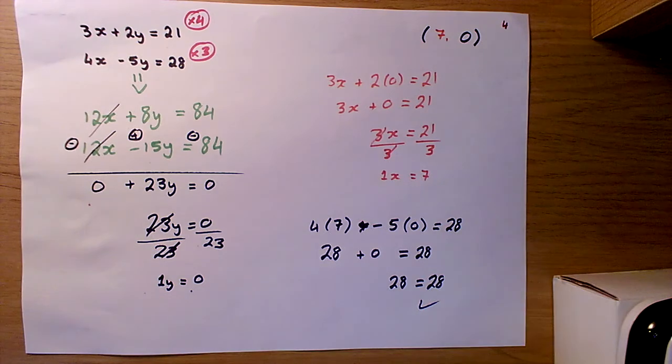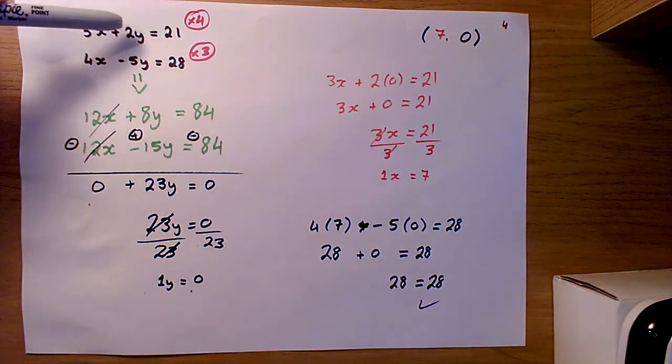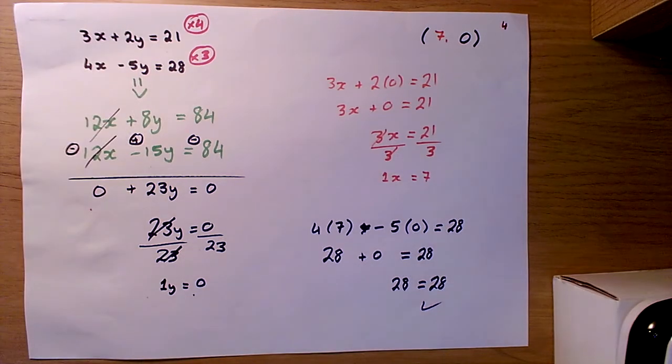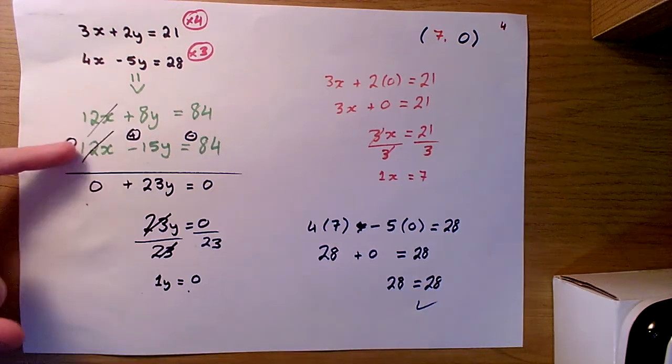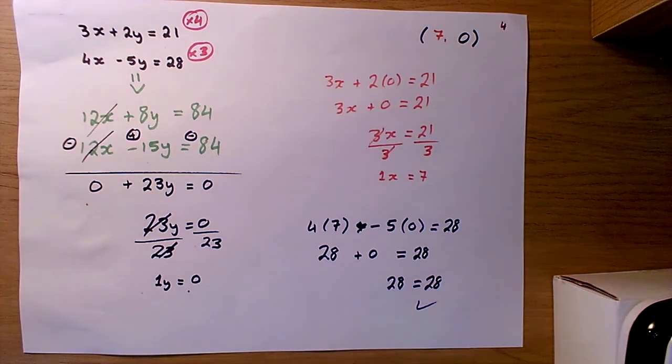So again, with this question, we could have made our lives a little bit easier if we had just worked to eliminate the 2y and the minus 5y, because their signs were already opposite to one another. We could have cut out this small step of changing the signs. And if we're to think about the logic of changing the signs, I know it sounds pretty basic to say, oh, just change the signs, but in mathematic terms, what we've actually done here is we've multiplied